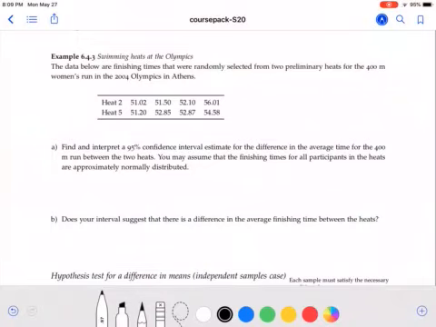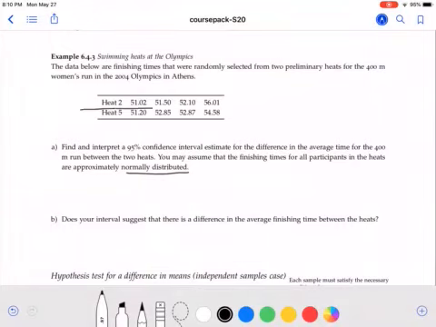Why that part is important, that they're normally distributed, is our two sample sizes here are both only 4, and those are very small samples. And so in order for us to be able to use the t-based inference and do the t-based confidence interval, we do need to know that we have normal distributions. So you would want to take each of these two data sets separately, put them in your calculator, and get